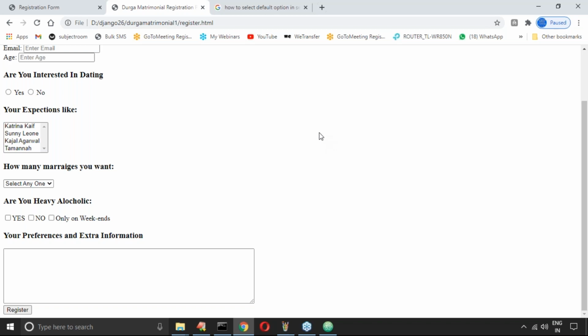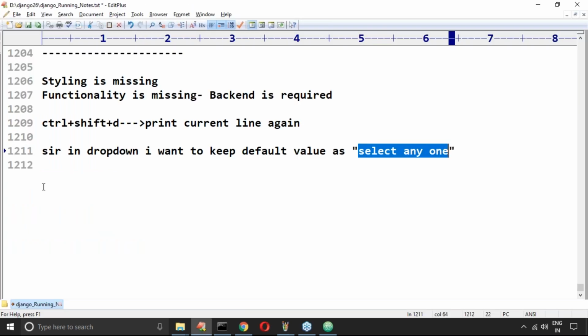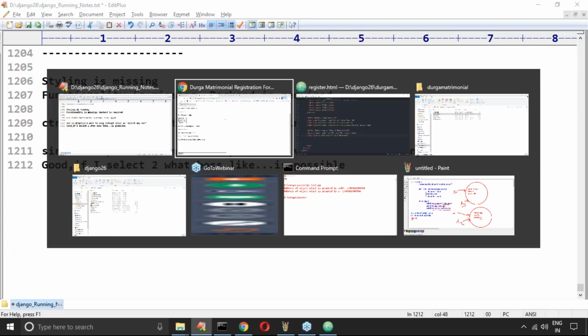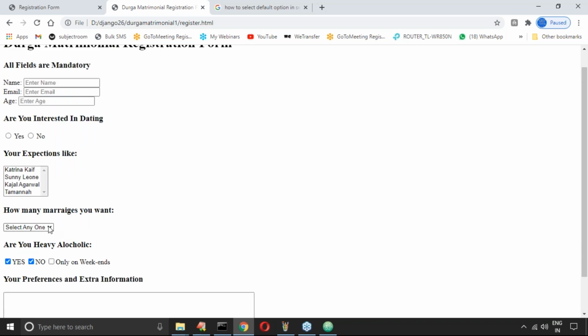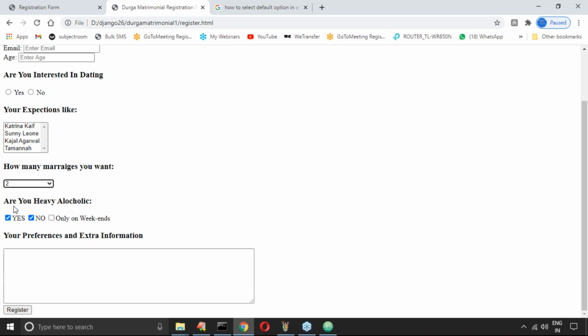Someone is asking about Viru. Your doubt is, if you select two in the marriage list, immediately you expect some alert message.